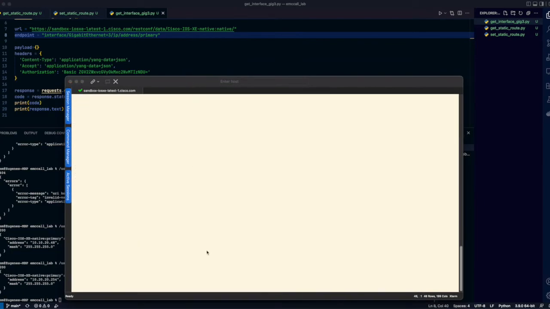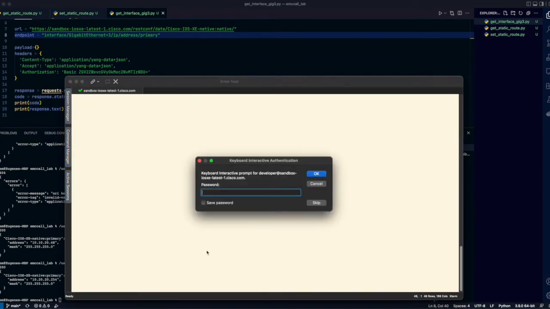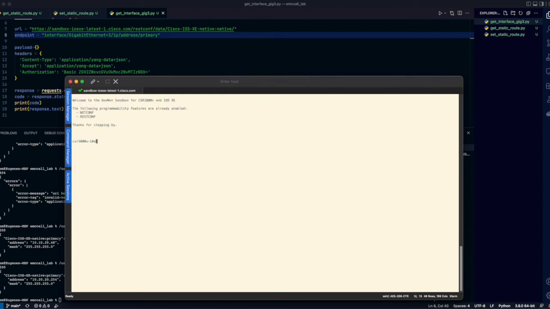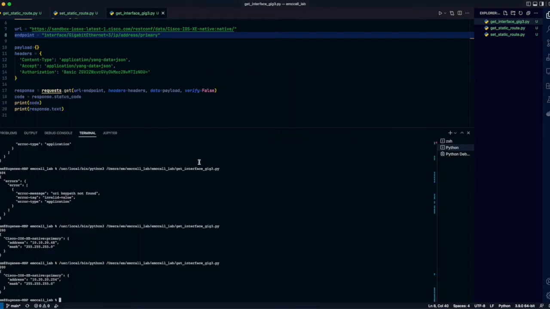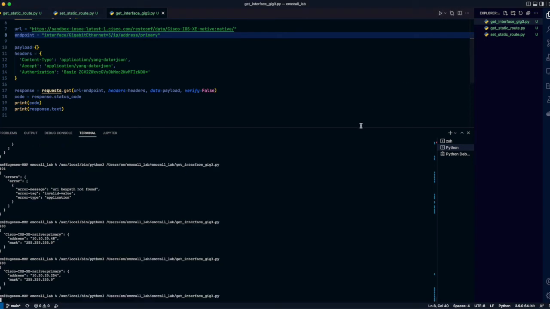We'll go ahead and log in. So let's see, Gigabit Ethernet 3. So this is the interface we're going to be working with. It's got no IP address on it now. That's what we want. And for the final time, to prove the point that I was trying to make originally